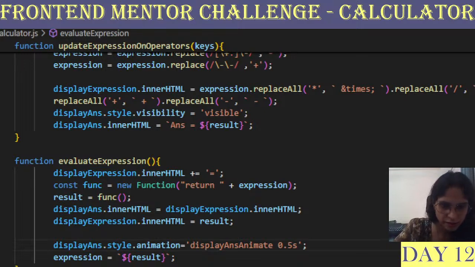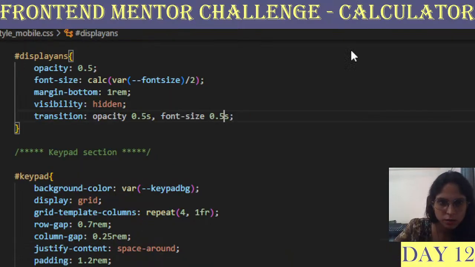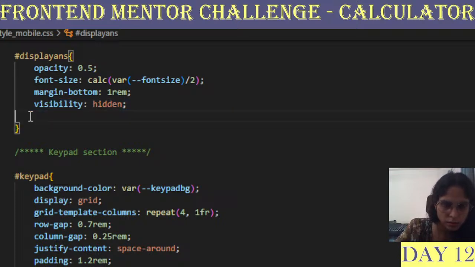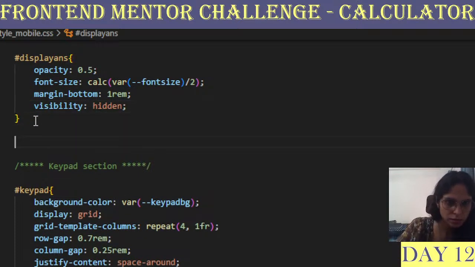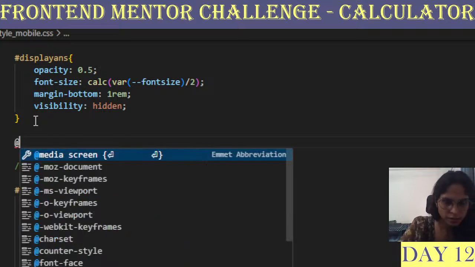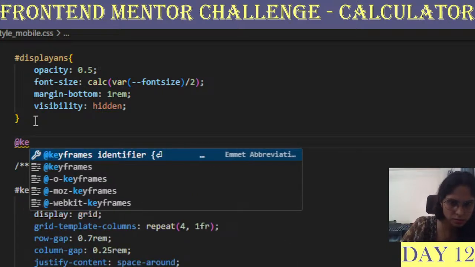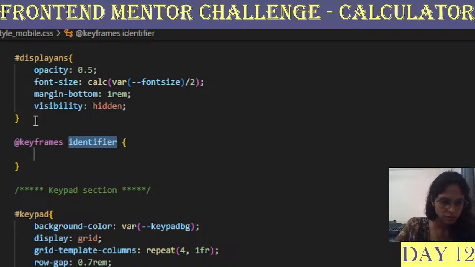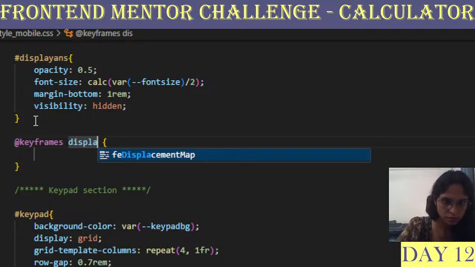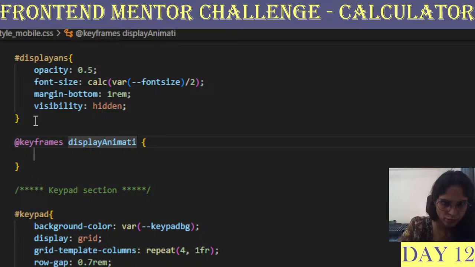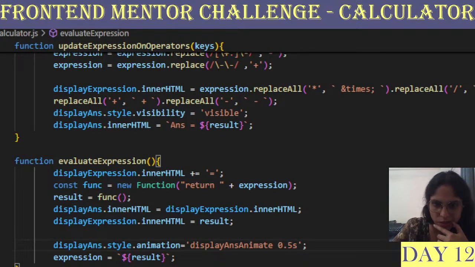Okay, let's try this. At the rate keyframes, what was the name? Display ans animate.